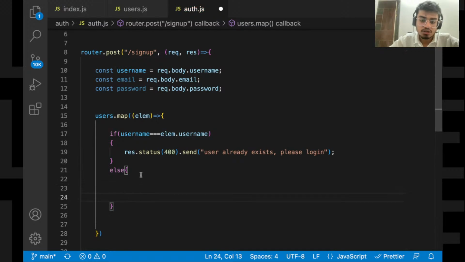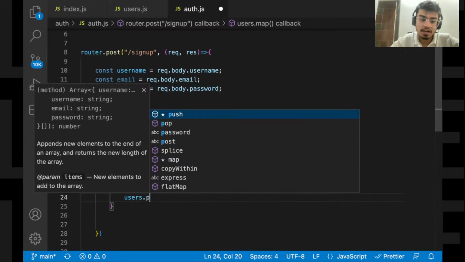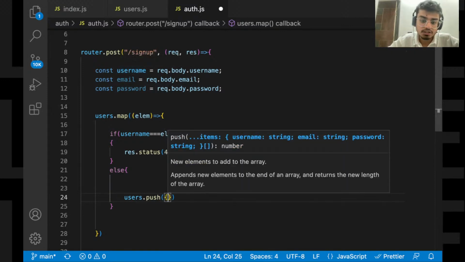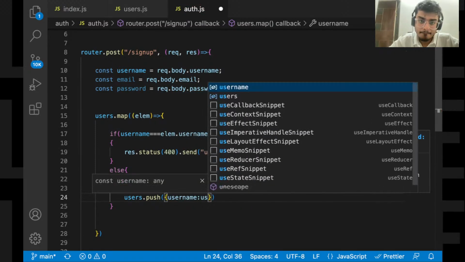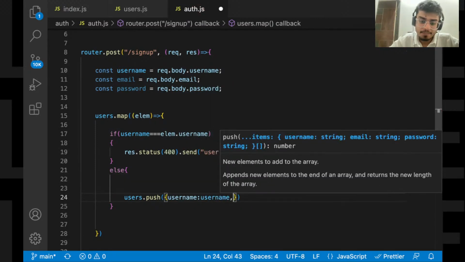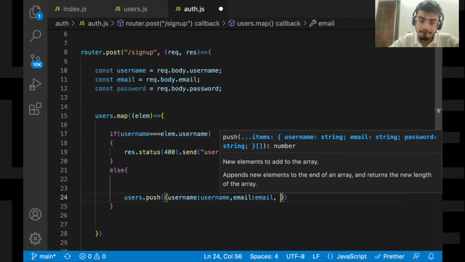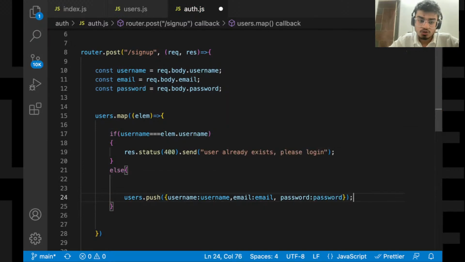Otherwise, simply users dot push. Users is an array, right? So I'll be pushing an object with these three things: username, email, and password.